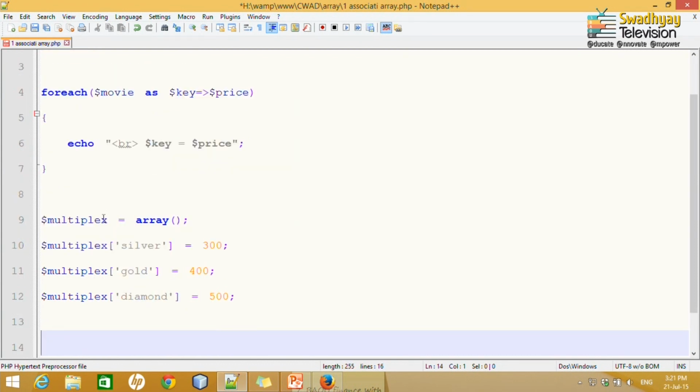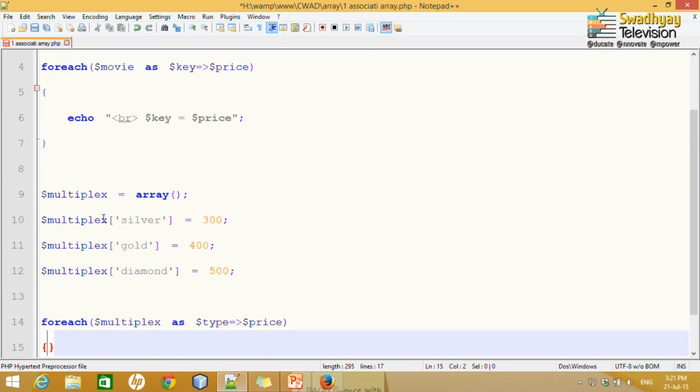In the same way I can use foreach, where my array name is $multiplex as, let us say, type and its corresponding price.